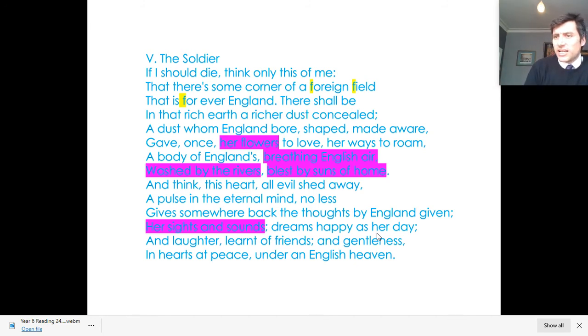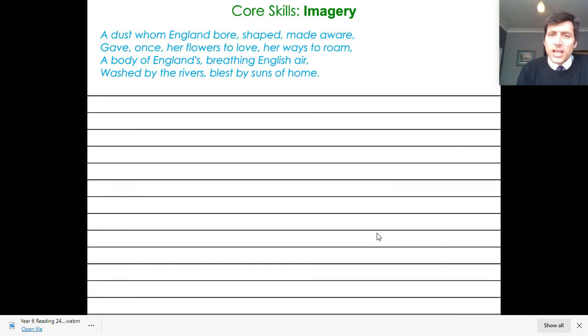Imagery is quite closely linked almost to hyperbole, where a really strong image is created to make it sound even more beautiful than maybe it is in reality. It contrasts, if you think about it, with Private Peaceful, where Tommo obviously doesn't love the idea of England sometimes. He likes it more than France, where he is now. He doesn't paint this beautiful picture. But here, the poet Rupert Brooke has painted a beautiful picture from the soldier. So, imagery, what we're thinking about then is how we can paint a picture of something.